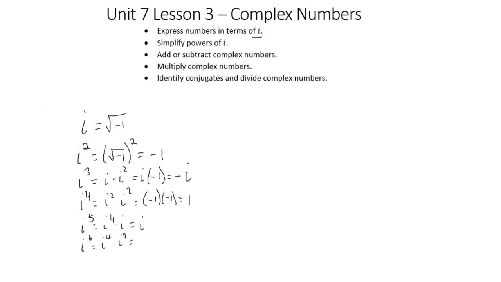And so that pattern would be 1 times i squared, which is -1, and we get -1. I to the 7 is i to the 4 times i to the third, and i to the third is -i, so this is 1 times -i, so it's -i. And i to the 8th is i to the 4th times i to the 4th, which is 1 times 1,